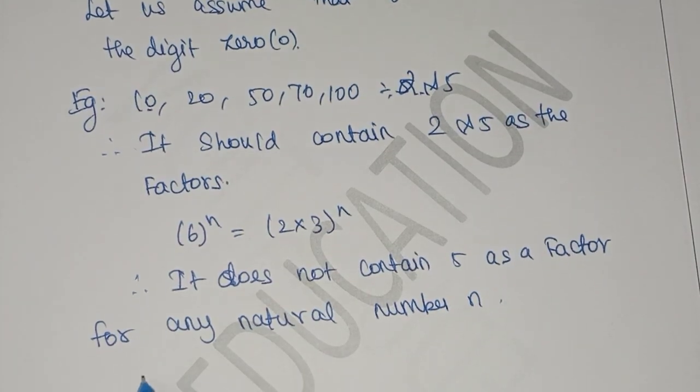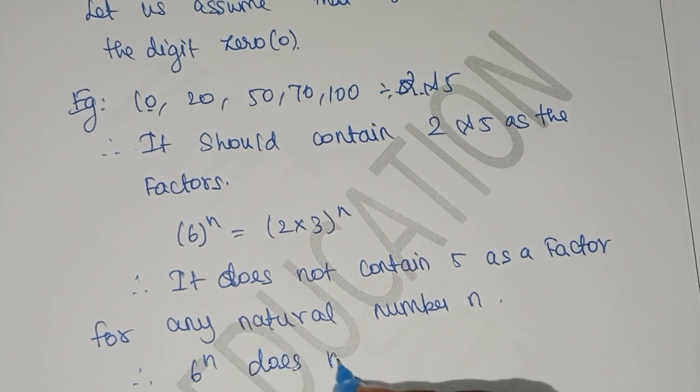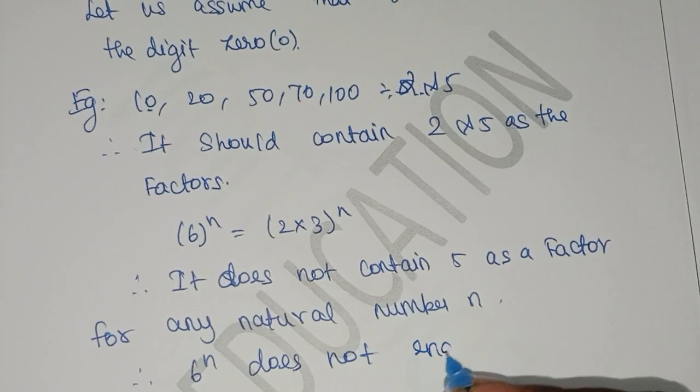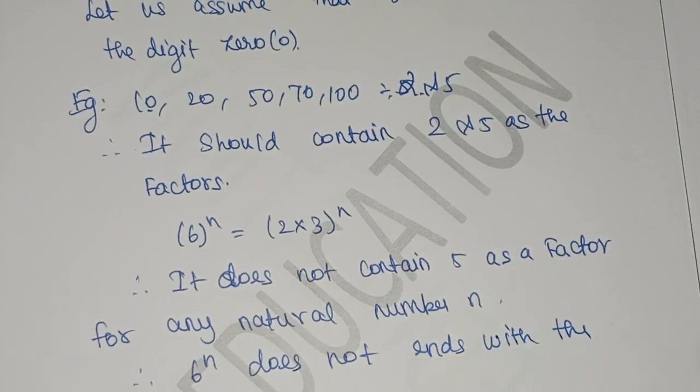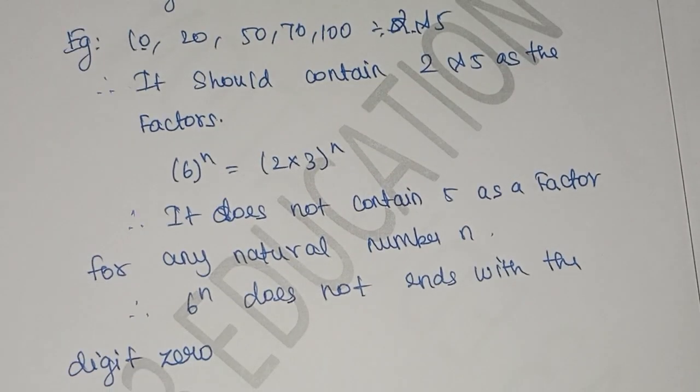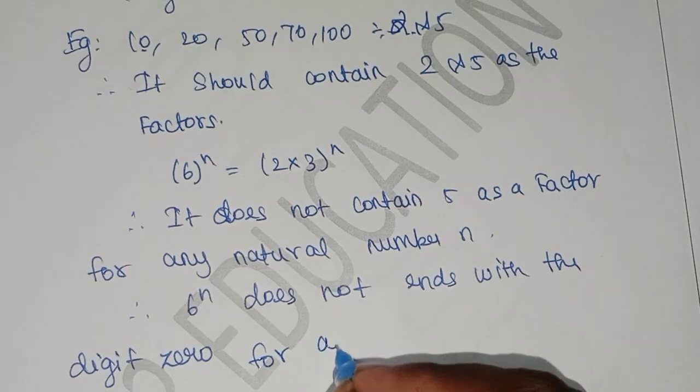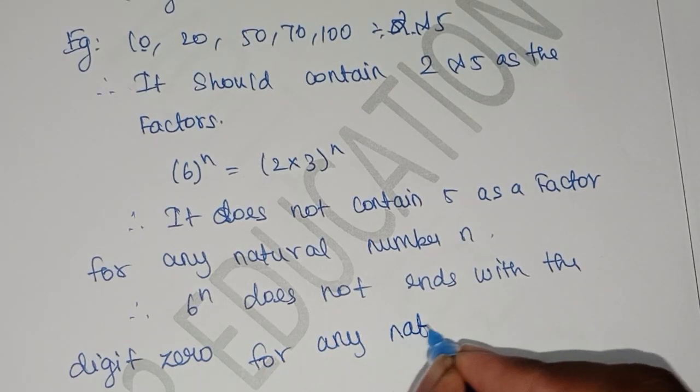Therefore, 6 power n does not end with the digit 0 for any natural number